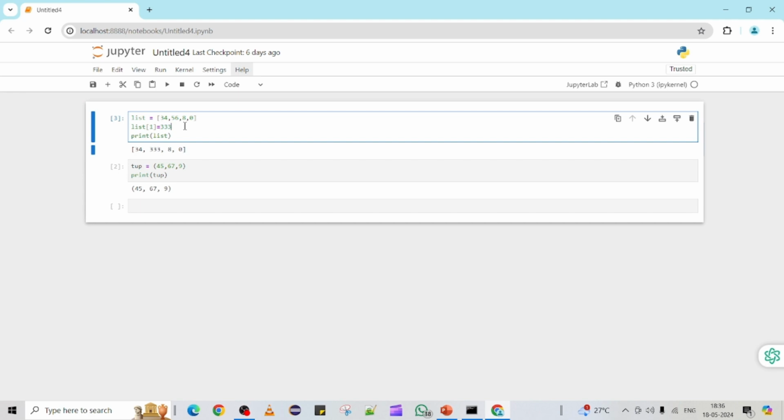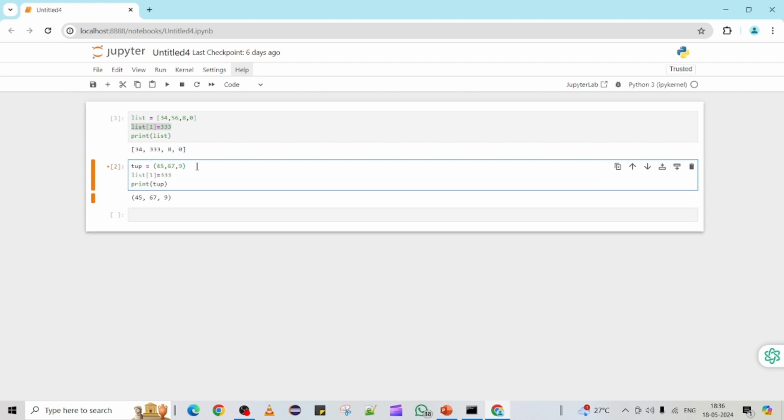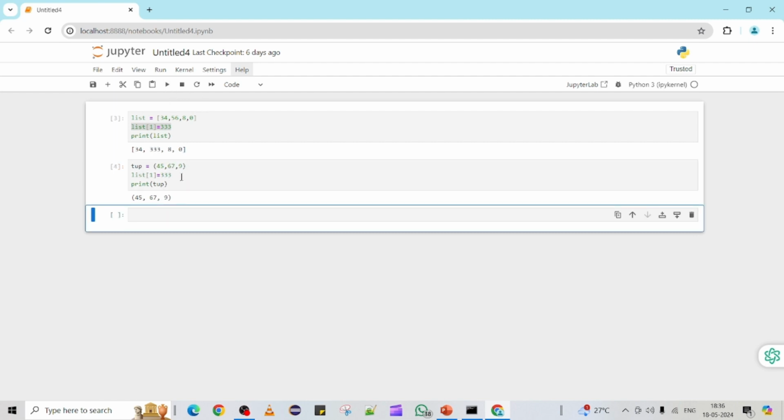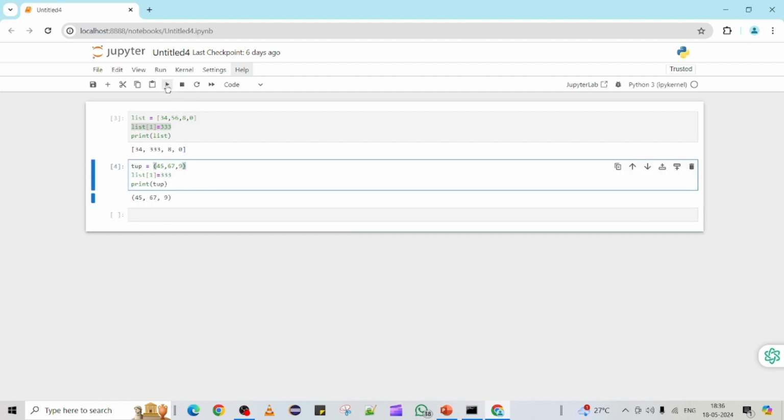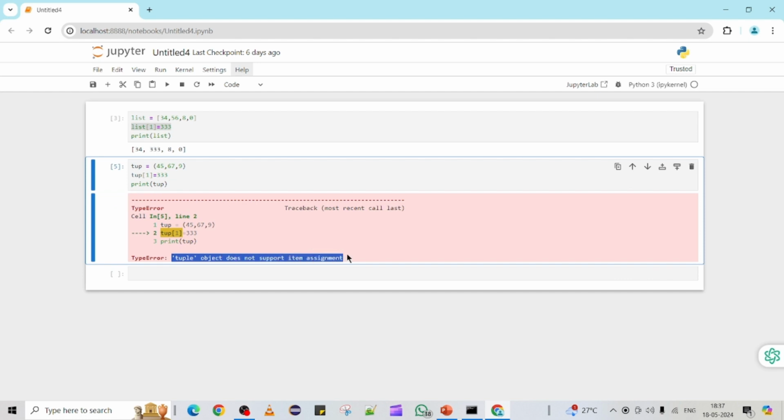So this is the way you can modify the list. If you apply the same thing in case of tuple, what will happen? Here also we have index 0, 1, 6, 7, and let's try to modify it. What will happen? So we can put here tup. Okay, so when you are trying to modify the tuple, it's saying tuple object does not support item assignment, meaning it won't allow